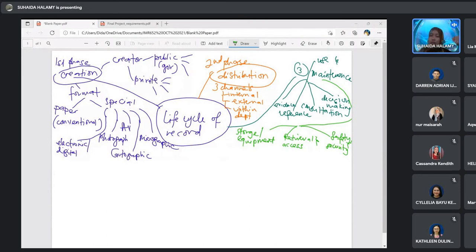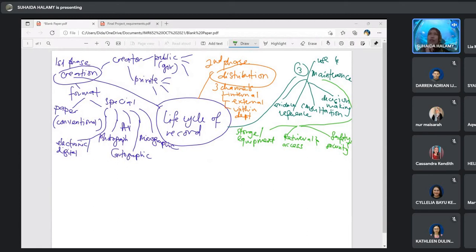They have do's and don'ts as well. So even though you are the same staff in the organization, you have to know some records have restriction. Restriction meaning that you cannot access the record. You ni bukanlah authorized person yang can access to the record. So there are the restriction. Some of the documents, some of the record you can access. Alright, so this one under retrieval and access.